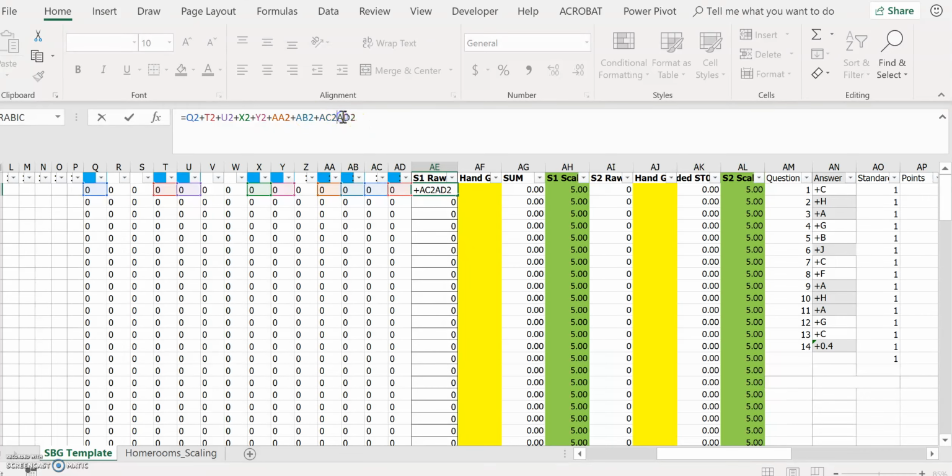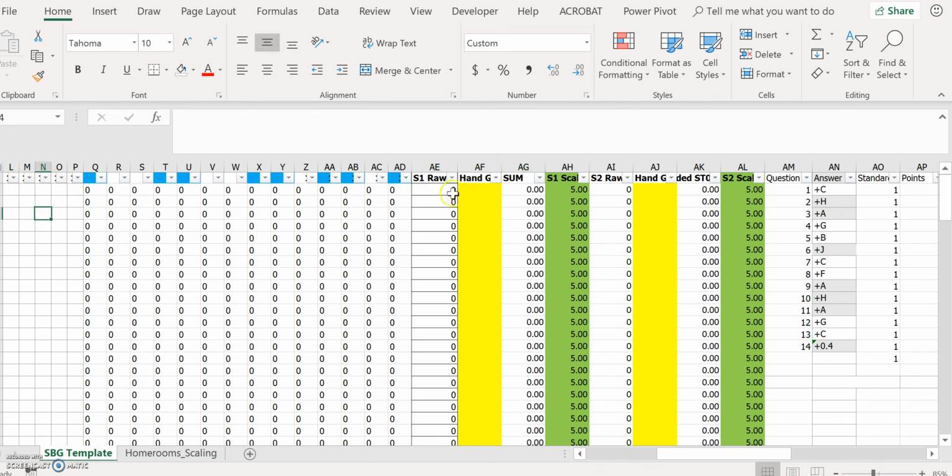AC is no longer a part of standard 1, and let's say that I, at the last minute, realize, oh wait, but V2 is actually standard 1. So I would go in and I would say plus V2. And then once you're done, you have to hit enter. And it still calculates to 0 because right now there's no data in the student section. But the important thing is that you have just coded